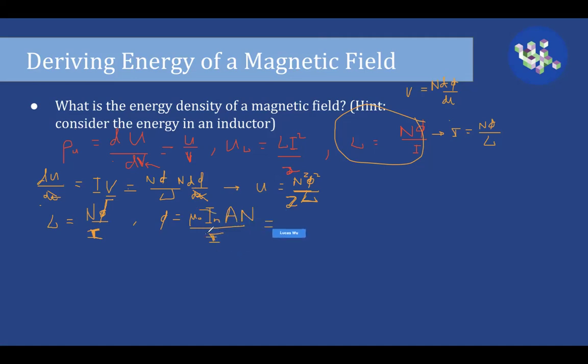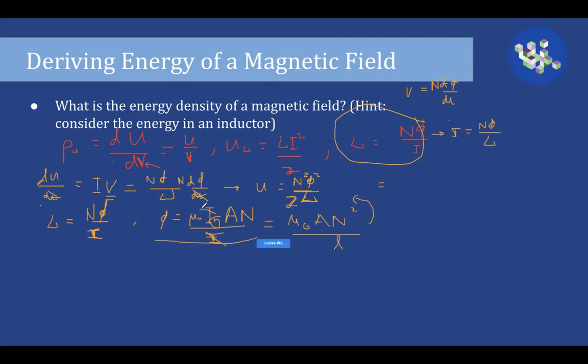And what is this equal to? Well, this will also equal mu zero, there's no I, right? You can also write small n as big N over L, right? So mu zero A times big N squared, and then divide by the total length of the solenoid, right? So if I plug that in here, I'll be getting, and I can also plug